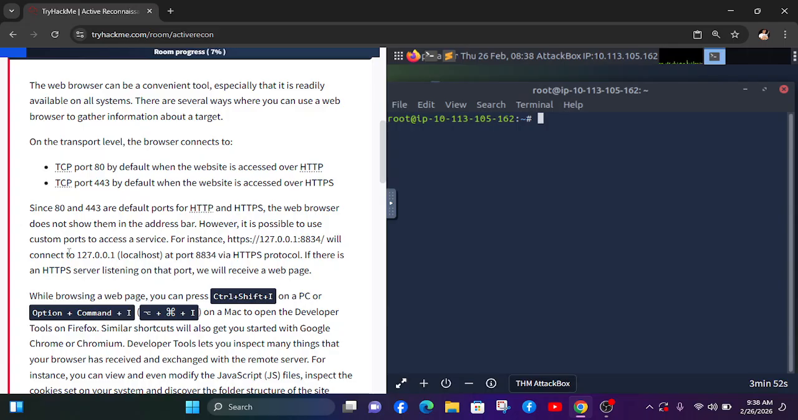Okay, we connect to this right here, localhost at port 8834 via HTTPS, and that's encrypted in the protocol. If there is an HTTPS server listening on that port, we will receive a web page. While browsing a web page, you can press Control plus Shift plus I